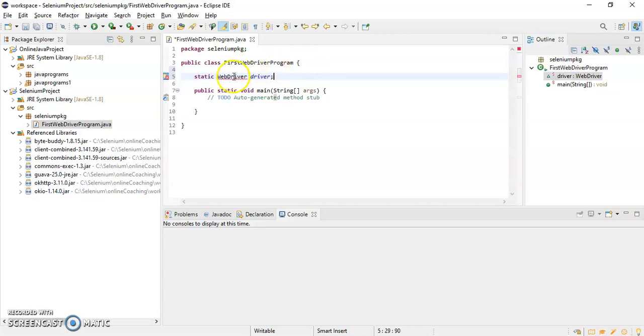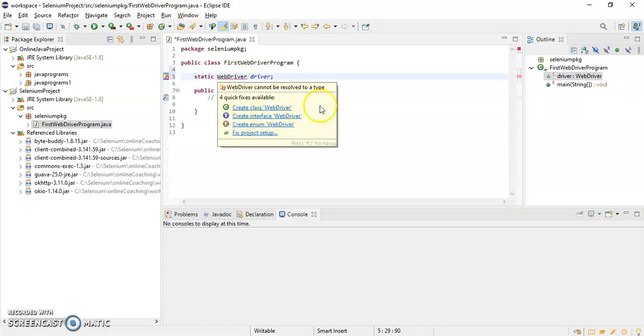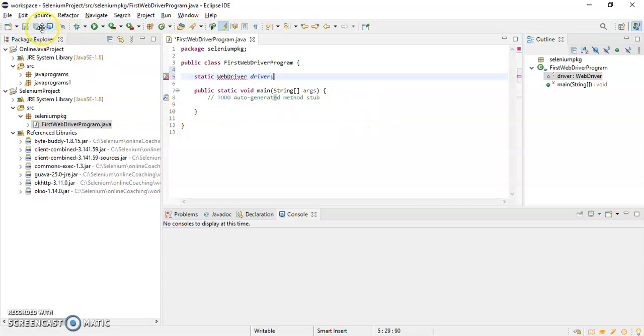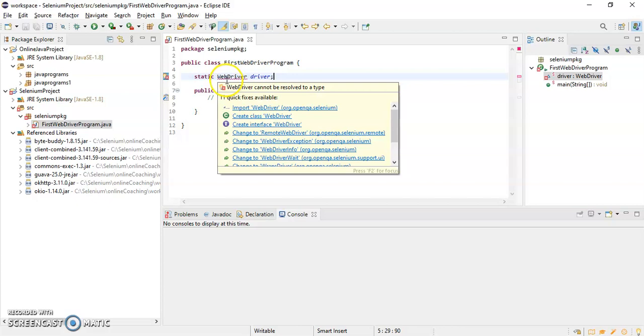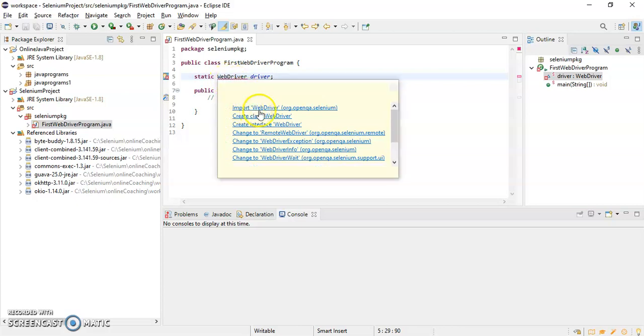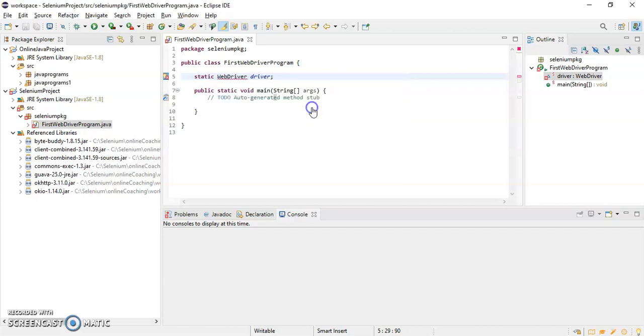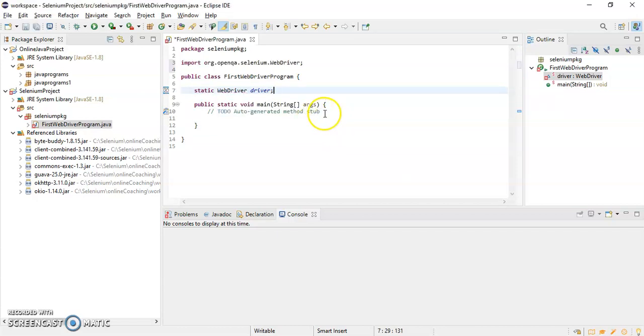If you mouse over, it will give you an option. Let me just save this one. See, I'm getting one option here, right? Import WebDriver. It is coming from the org.openqa.selenium package.